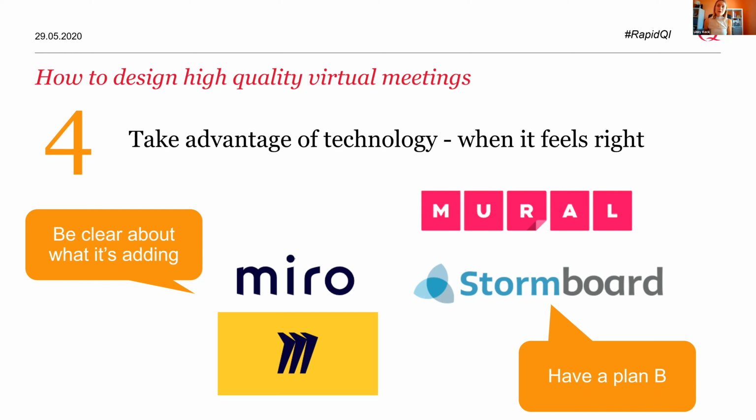The platform that we rely on most in CUE beyond Zoom as the hosting platform is something called Miro. Miro is an online collaboration platform that basically acts like a really big whiteboard, and any number of people can contribute to it at the same time. It's really, really useful for us as a team because we can adapt activities that would have worked really well face-to-face and translate them to a virtual context. So using sticky notes like we would do if we were in a workshop.